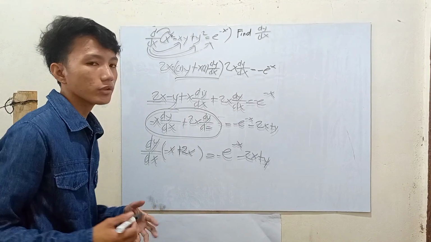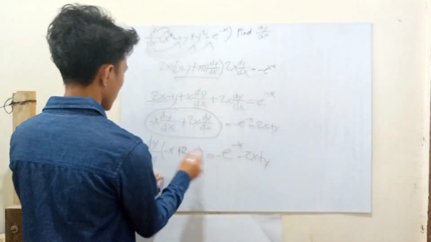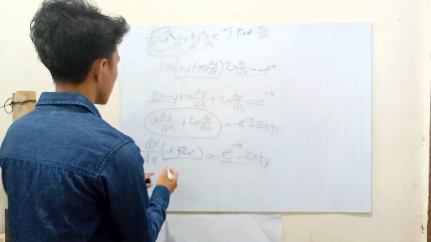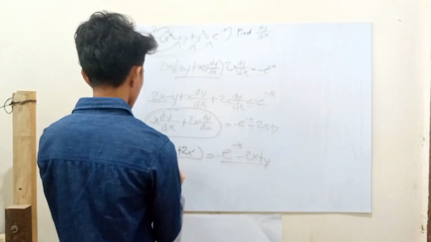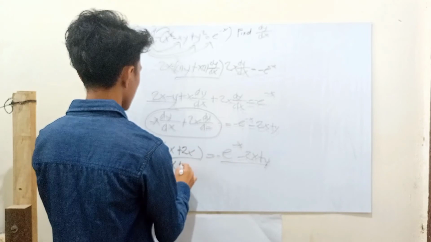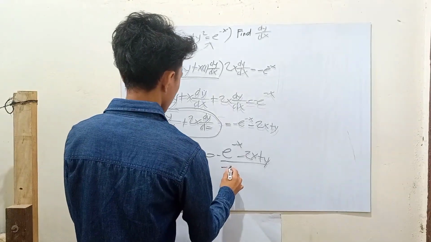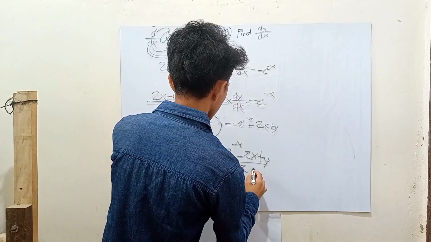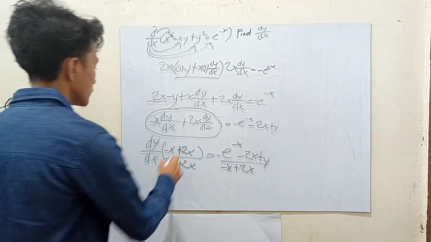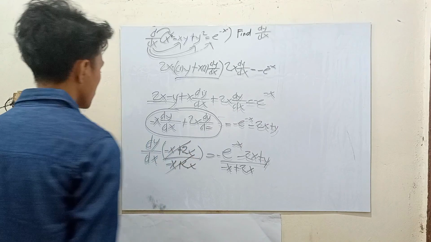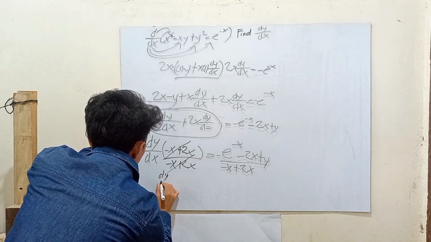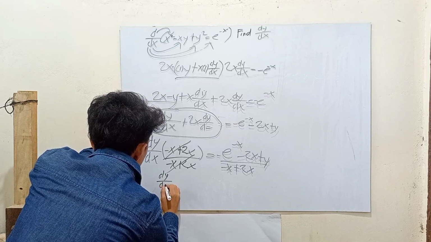Then next, we need to cancel out this term. To cancel this, we divide both sides by negative x plus 2x. Just cancel this. Then the remaining is dy over dx